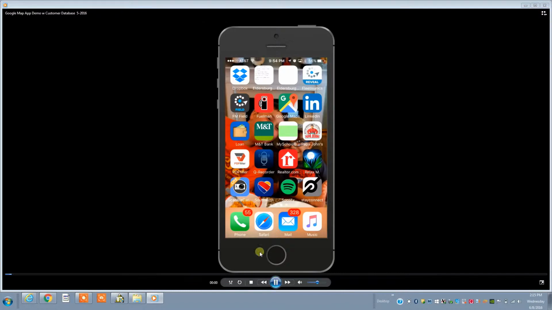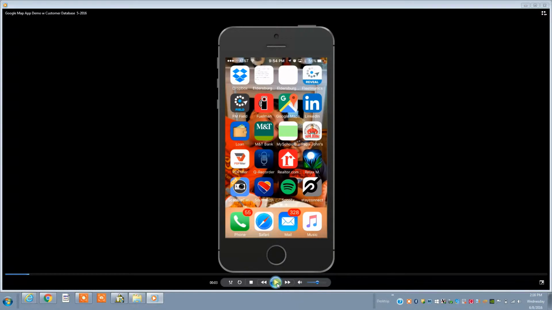So I'm going to walk you through here. This is my actual device. This is my home screen. As you see here, I already have the Google Maps application downloaded onto my phone. If you do not have this application, you do want to go to the App Store and download Google Maps first before proceeding with this video. If you need assistance or can't remember your password to download the application, please send an email to Tim Kenny